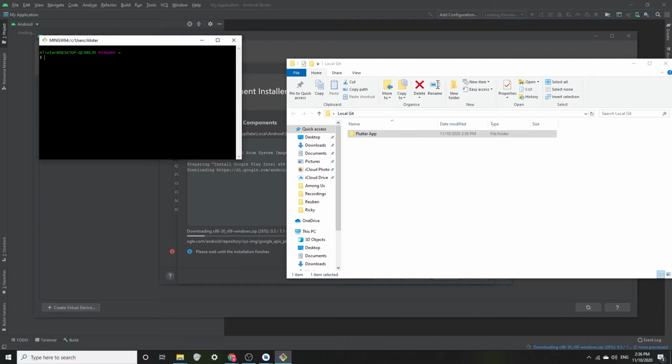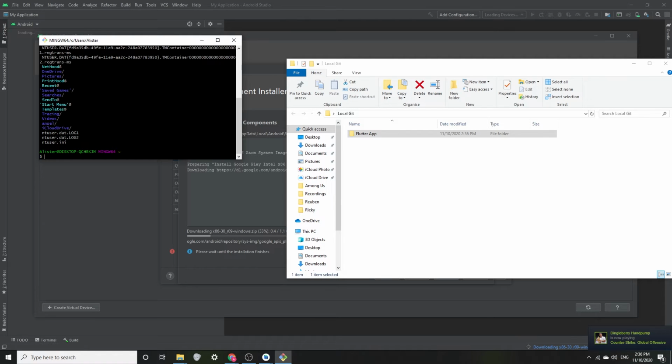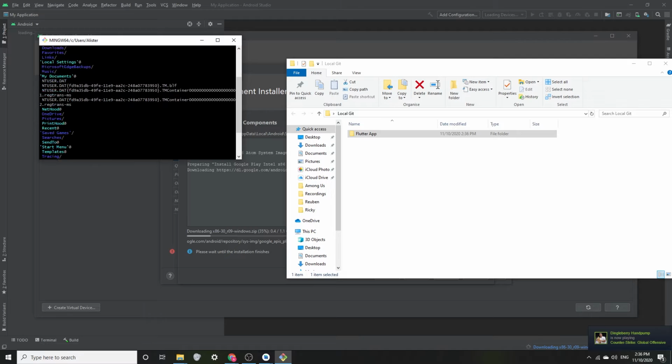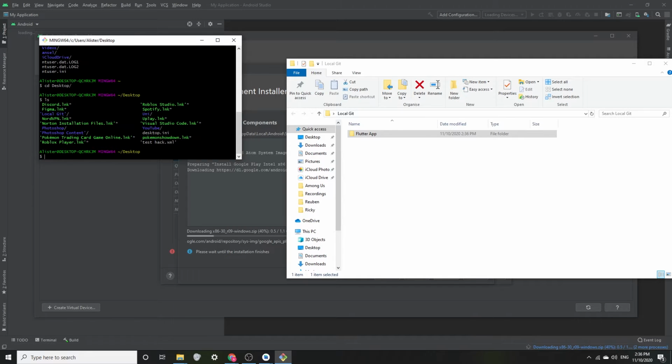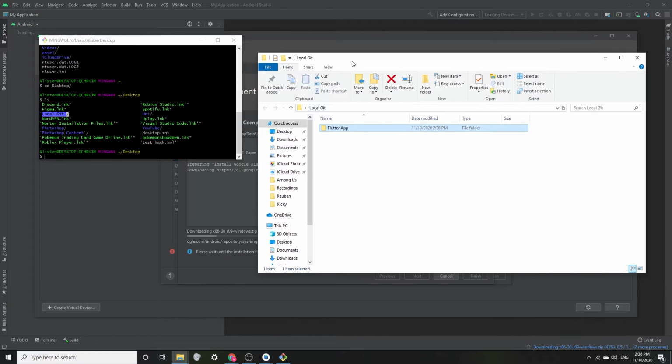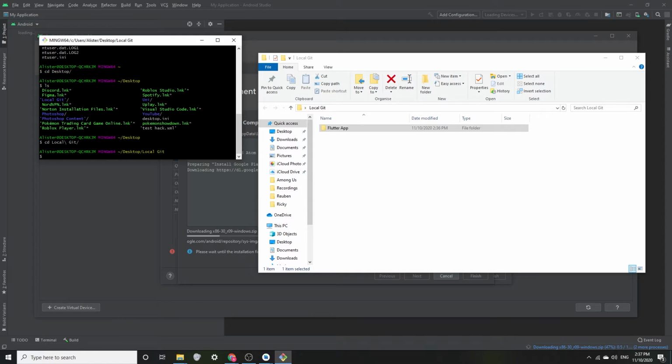And we're going to use our terminal to get into the directory. I'm not really going to explain exactly what you need to do, but there's two main commands you need to know, which is ls, which just lists everything inside the directory that you're currently in, and cd, which is change directory. And we're going to change to our desktop. And just for an example, if I ls inside our desktop, you can see we've got our local Git, which is this folder, and we can go into our local Git folder,